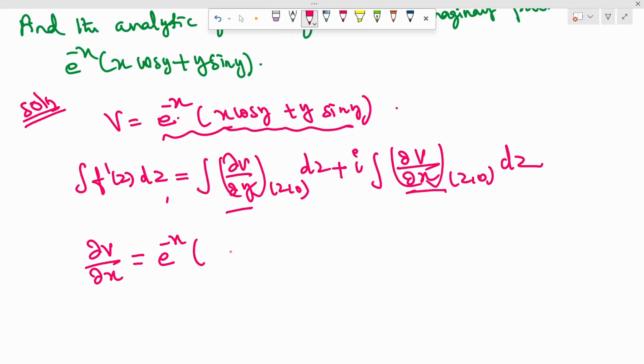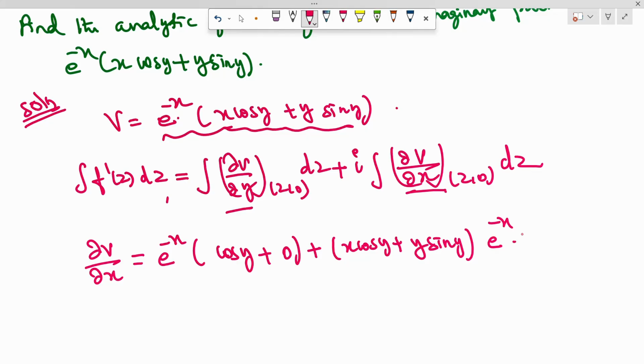Now differentiate this one, second term, x into cos y, x will be 1, cos y here constant, right as it is in the given form, plus second term is 0 because there is no x here, plus now v is silent, v is x cos y plus y sin y into u dash e power minus x into minus 1. Okay,